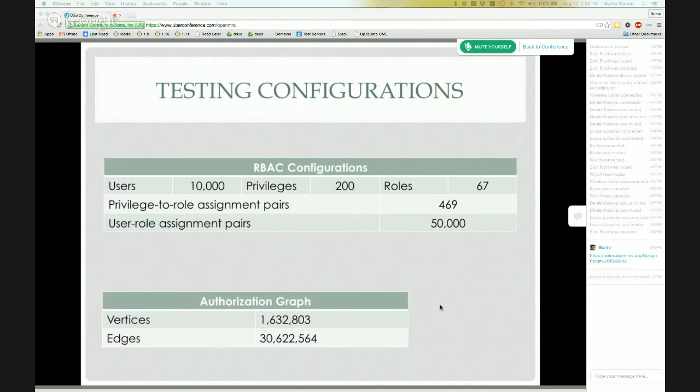Now, to introduce the social network, or the authorization graph of relationships, we picked one from a Stanford study, which had quite a big size: 1.6 million vertices and over 30 million edges. So this was a pretty big authorization graph that we tried on.